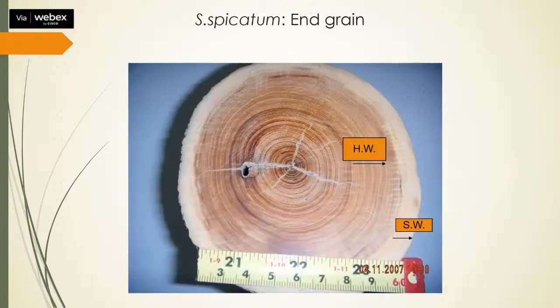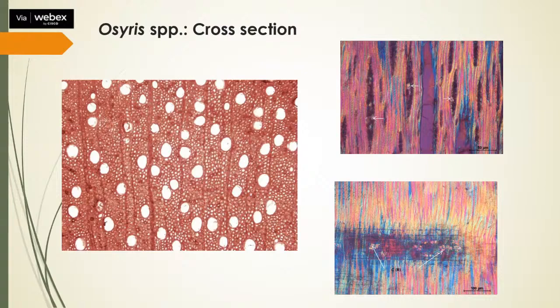This is how Santalum spicatum looks, its end grain. In fact, Santalum spicatum, Santalum album and Osyris all have a very, very similar external appearance. Unless you see the structure under the microscope, one cannot differentiate between these three species. Even under the hand lens, that means using the gross structure, these three species cannot be separated. Only using microscopic identification can we differentiate between Santalum album, Santalum spicatum,